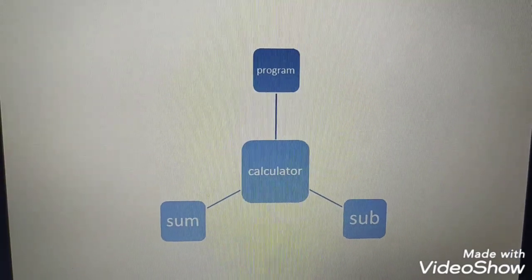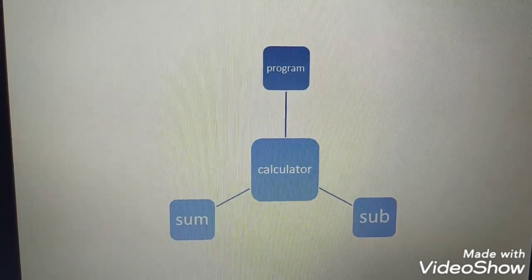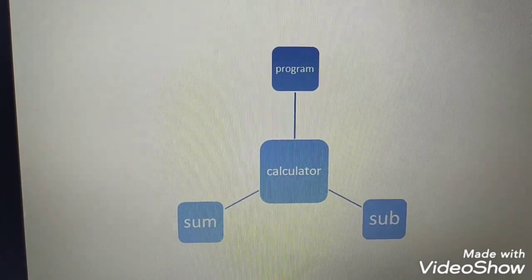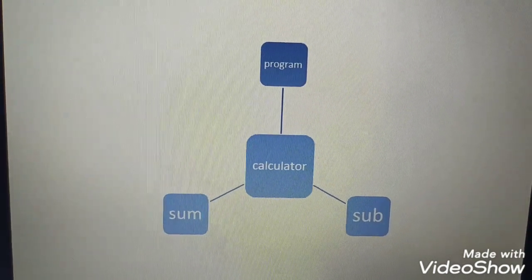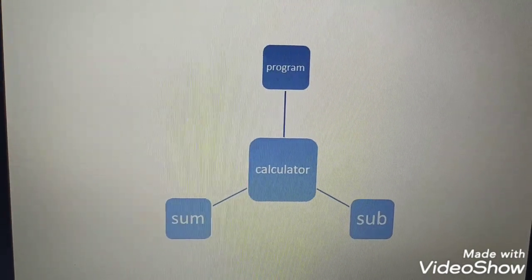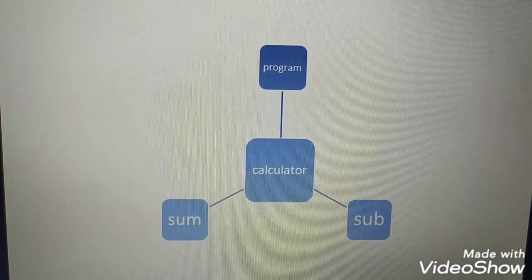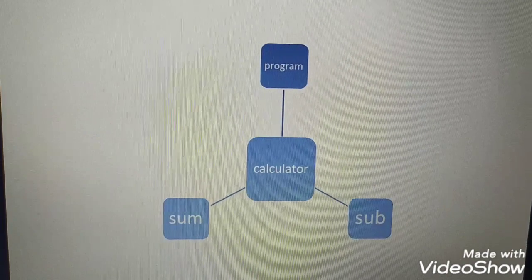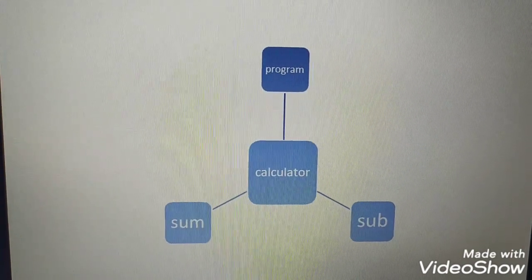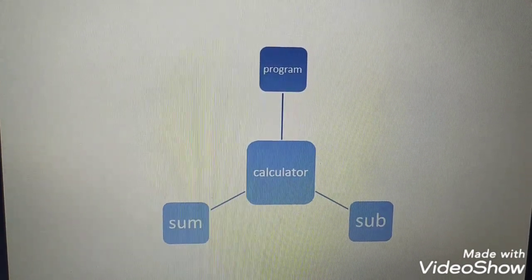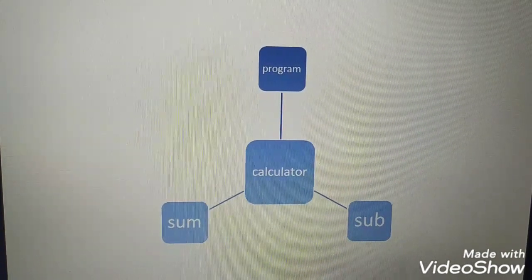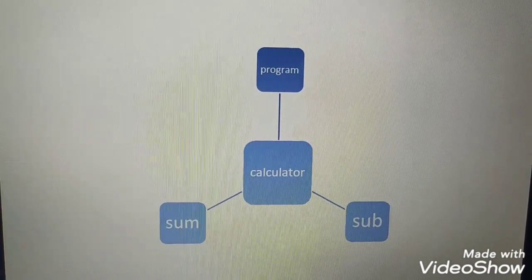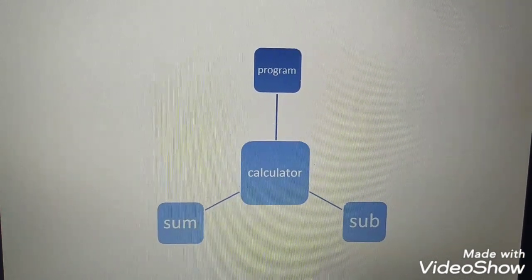In the introduction I already explained what the need of writing a method or function is. When a large program needs to be simplified, we have to take the help of a method or function. Okay. Now here you see the calculator program we are going to solve, and this calculator program contains two modules or methods or functions, that is the sum method and the subtraction method.